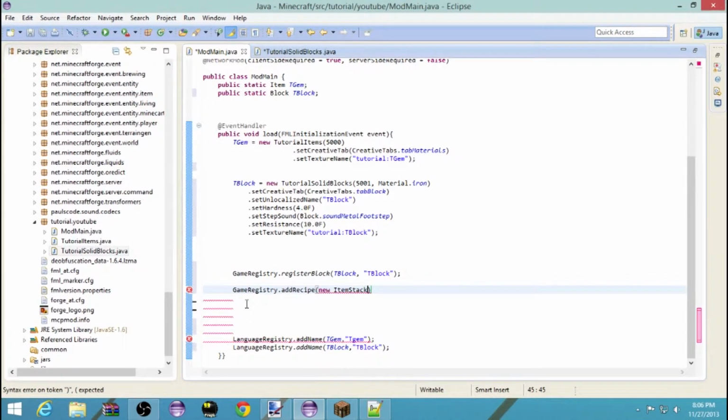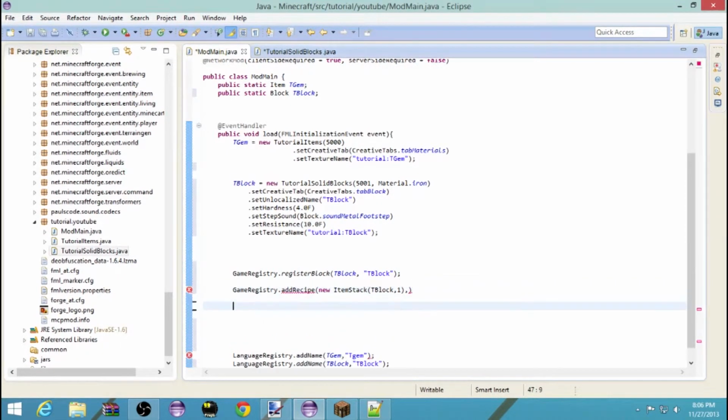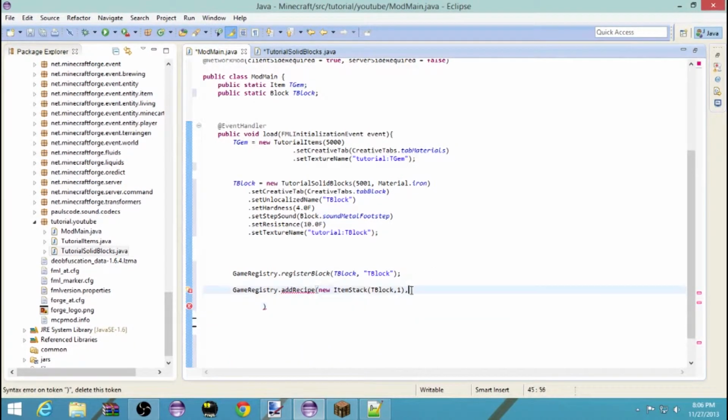I already have it imported because I was just making sure that all this stuff worked before. So, item stack T block, comma, 1, outside comma. You're gonna want to bring this down a little. You're gonna bring this down a little bit, and then new object, open and close square brackets, and then open squiggly bracket,